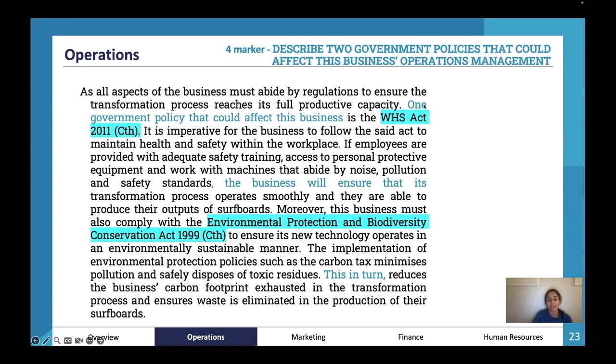So you'd bring that in the second sentence, because in your first sentence for all your short answers, you either want to give a very direct definition or directly answer or make that judgment, which is what we did here. Then in that second line, you can actually bring up the idea. So here we've got one government policy that could affect this business is the Work Health Safety Act of 2011